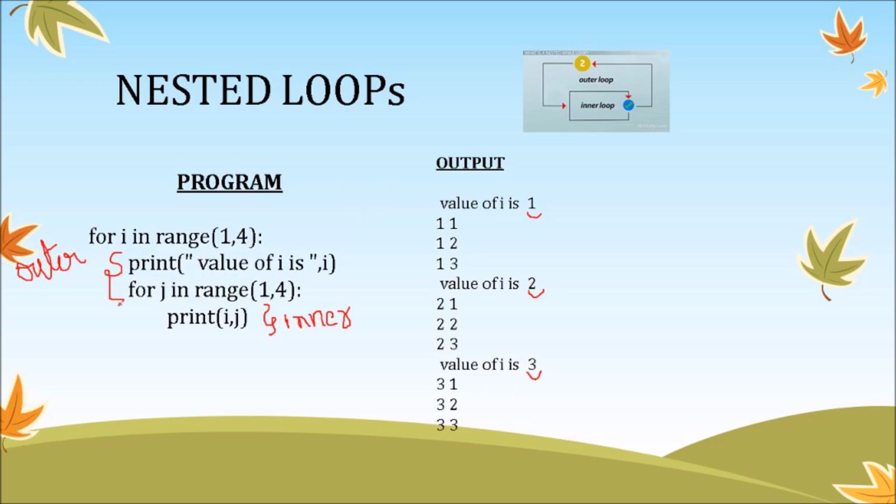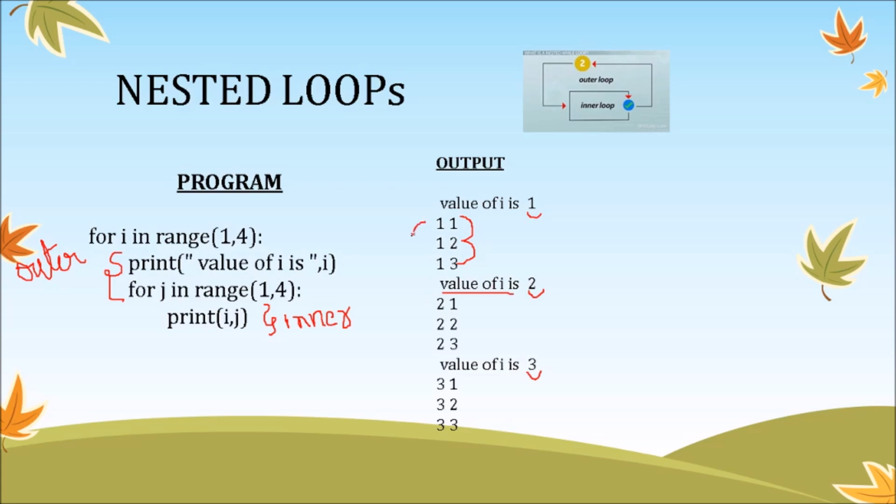Then the second, the inner for loop, will get executed, and here when the value of i is 1, j is also ranging from 1 to 4. So the j value will start with 1, change to 2 and then become 3. So for each iteration of the loop counter variable of the outer for loop, the loop counter variable of the inner for loop moves from the starting value to the last value. When it reaches the last value, the loop counter variable of the outer loop changes its value.